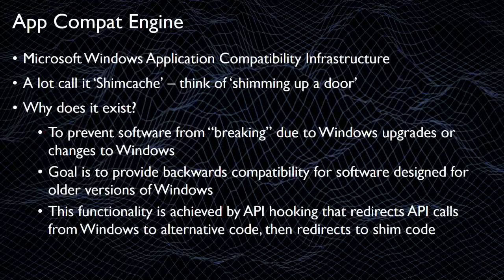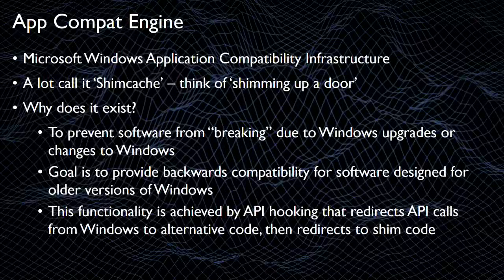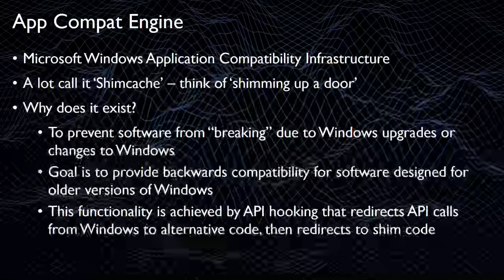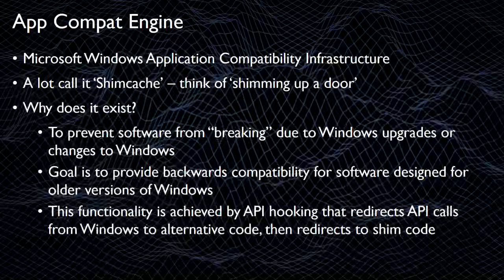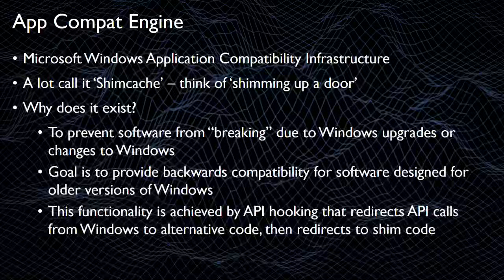So in Windows, there's the application compatibility engine. A lot of people call it shim cache, shimming up a door. It exists to prevent software in Windows from breaking due to upgrades or changes in Windows. Backwards compatibility is really the goal here, and if you've ever right-clicked a file and gone to properties and run compatibility mode for Windows XP or whatever, that's the shim engine or the application compatibility engine that